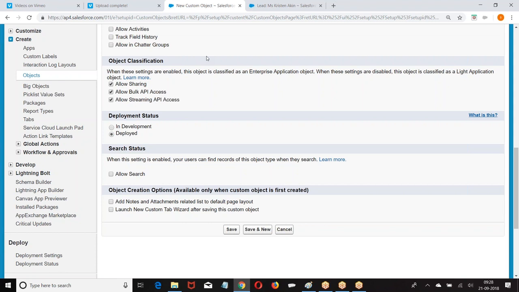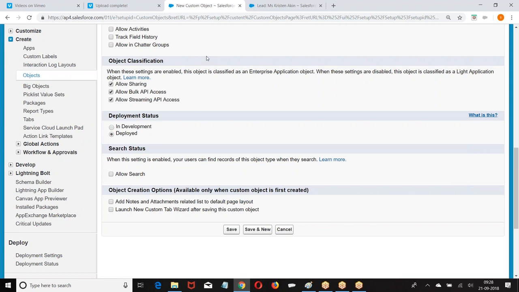Now, deployment status. Boss, you have created this object. Is the object you created available for use for everyone? Creation of the object is done, it is readily available. Now, can everybody use this? It depends upon your status. When I say Development, it is not ready for sharing. Only the administrator can see this object and use it. It is not available for anyone, because the process of development is not done. Only admin can see it and work on it.